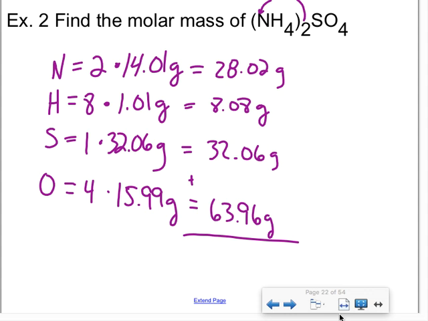Wait, did I figure 64? It's in the hundreds. 125 or higher. It's going to be higher than that. Why? Because that 8 and the 32, that's 40. Plus 68. That's 172. Now you're too high. 132.12. Wait, what? We got 128. You might as well just quit while you're at it. 132.12 grams per mole. Got it right on the dot. Jeez, you guys suck.